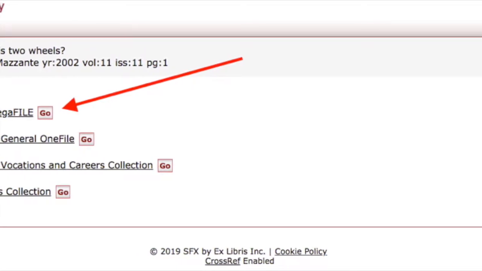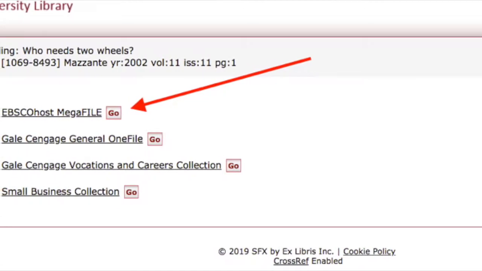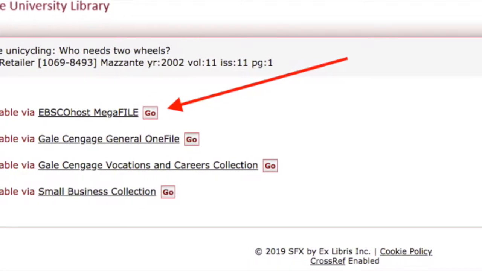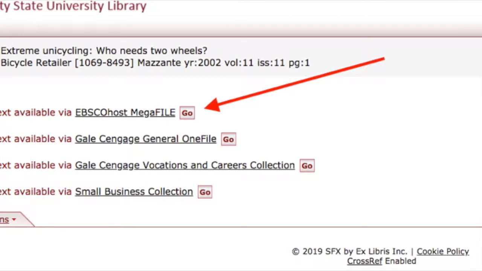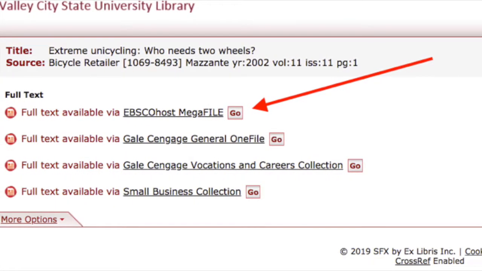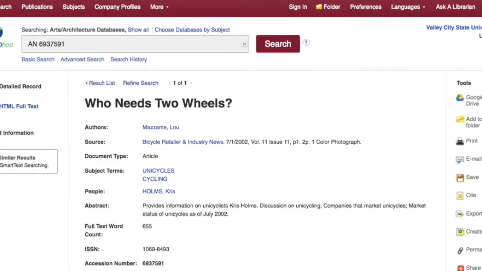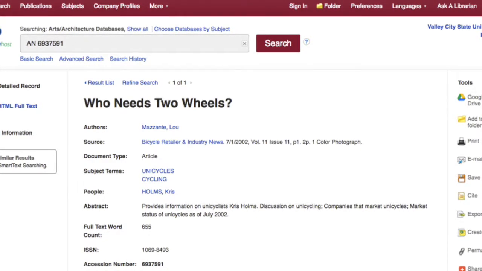Clicking on Full Text Available takes me to different online locations where I might find the article. Any one of the links should take me to the article. I randomly decide to click on the first one. Clicking on the first link takes me to a page that features more details on the article, including who wrote